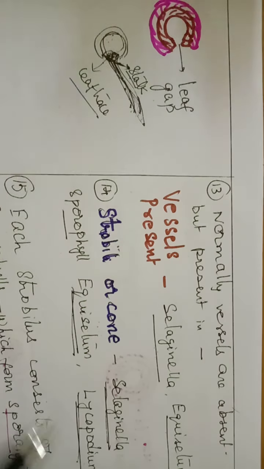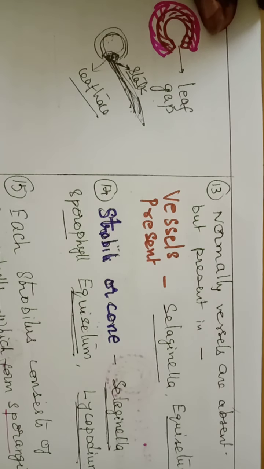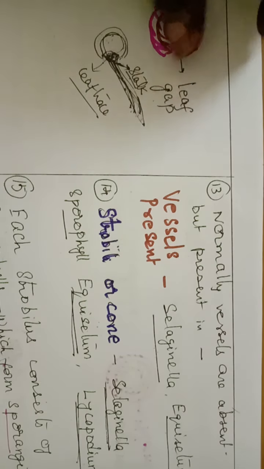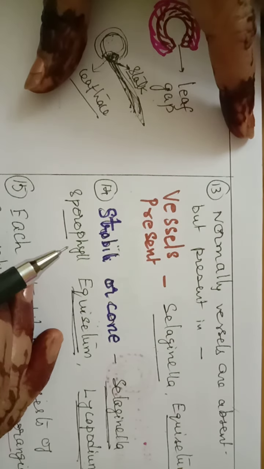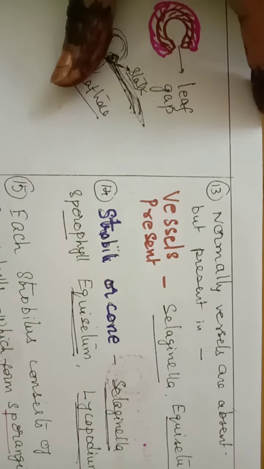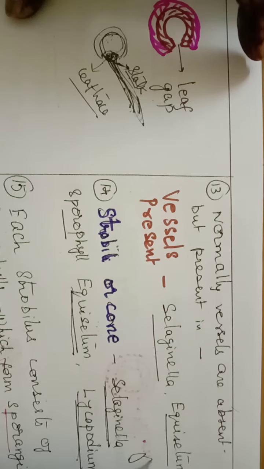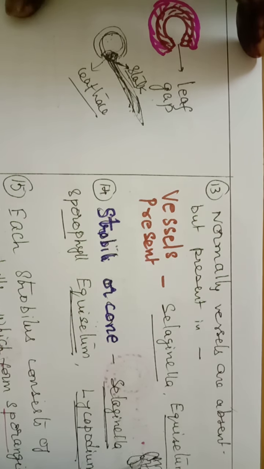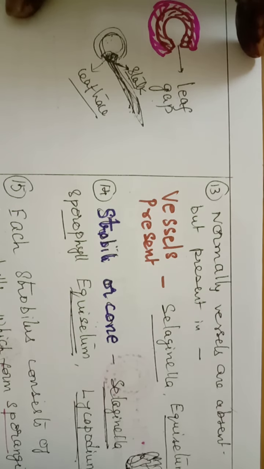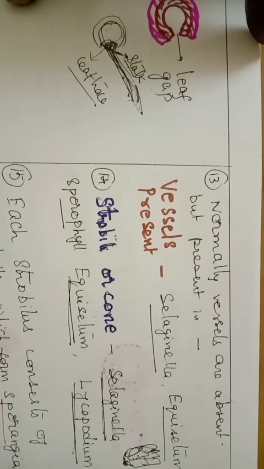Whereas in other plants we don't find any such strobilus. They are only a loose arrangement. Like Pteris, another example where there is only a loose arrangement of sporophylls. There is no compact arrangement. The meaning of compact arrangement is that all sporophylls together form a conical structure. This conical structure we call a cone or strobilus.